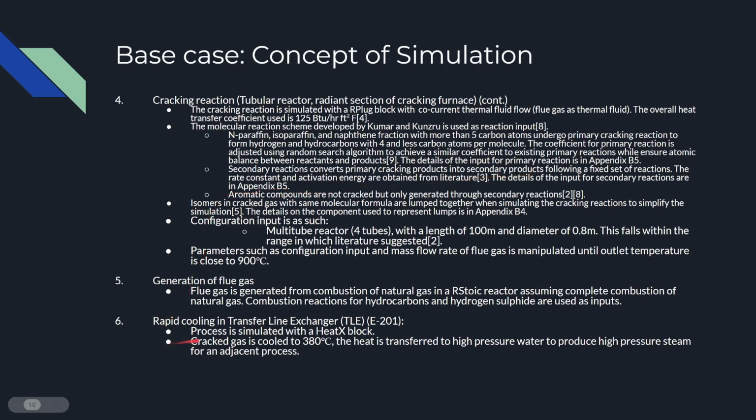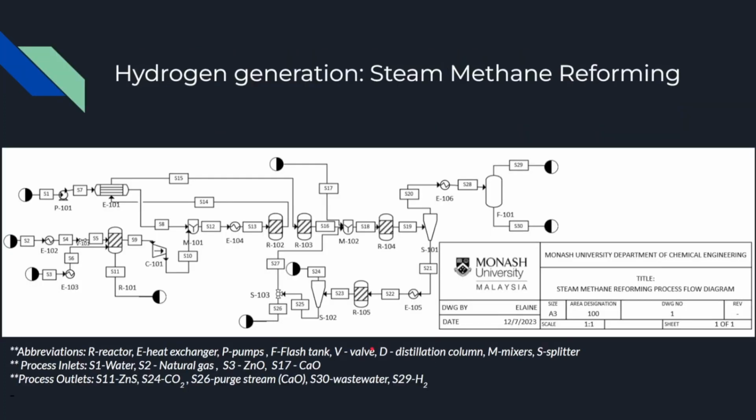Rapid cooling of the cracked products in the TLE is simulated with a heat exchanger block, and the cracked gas is cooled to 380 degrees Celsius using high pressure water as the cooling stream to produce high pressure steam for an adjacent process. Hi, I'm Elaine, and I will be presenting the first proposed hydrogen generation method, which is the